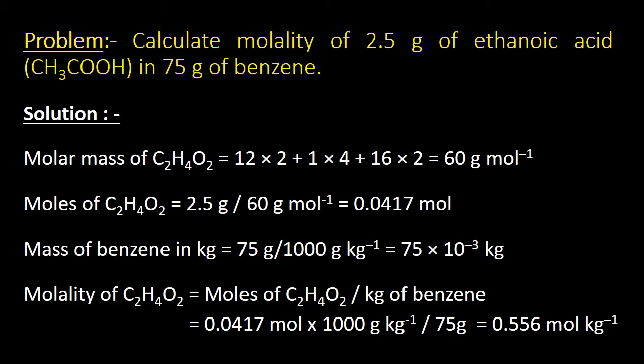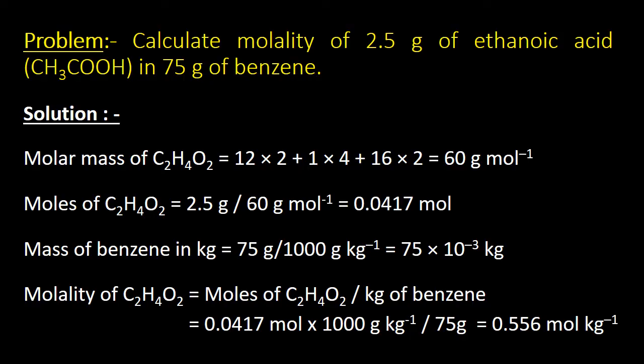Okay, problem on molality. Calculate molality of 2.5 gram of ethanoic acid in 75 gram of benzene. First we need to calculate the molar mass of ethanoic acid by using the molecular formula, that will be 60 gram per mole, and number of moles of ethanoic acid can be calculated as mass by molar mass. Mass of ethanoic acid is 2.5 gram and molar mass of ethanoic acid is 60 gram per mole, that will become